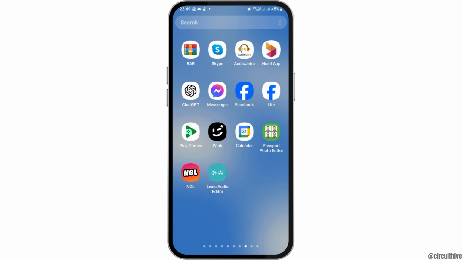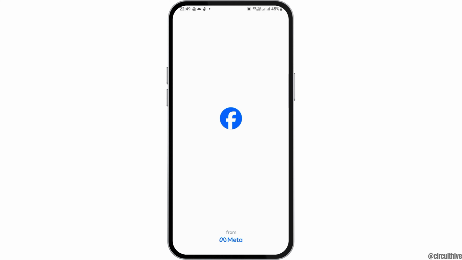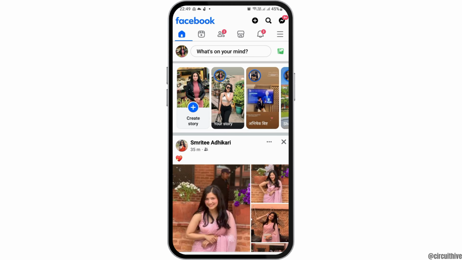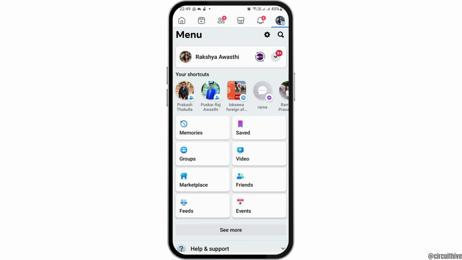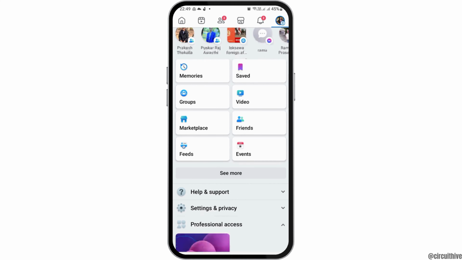For this, first of all, you have to launch the Facebook application on your mobile device. You can tap on Facebook like this, and Facebook will be launched on your mobile device. After Facebook is launched, now you have to go to your profile icon on the top. And after you tap on your profile icon on the top, now you have to follow the next